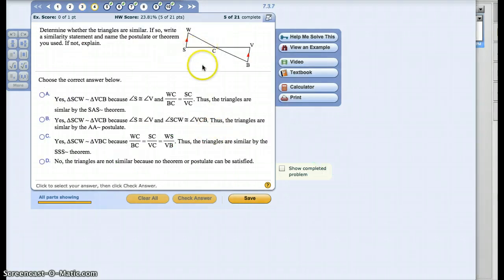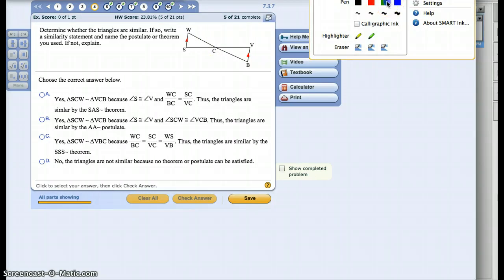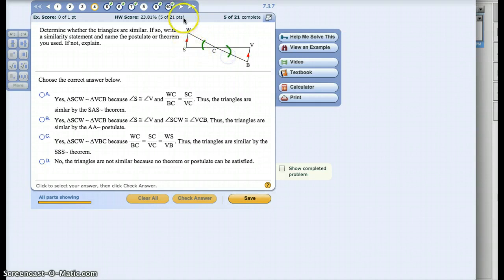All right, I found problem number 4. Let me go over this one quickly. I have about a minute and a half in my 15-minute video. Why are the triangles similar? I'm looking at the idea of, it's probably going to be angle, and I'm thinking that because they gave me no side lengths, but I know the reflexive property, and I know that these markings mean parallel, so if those